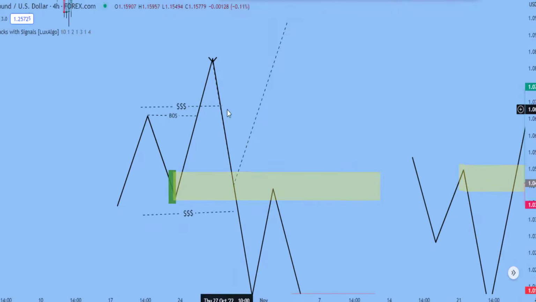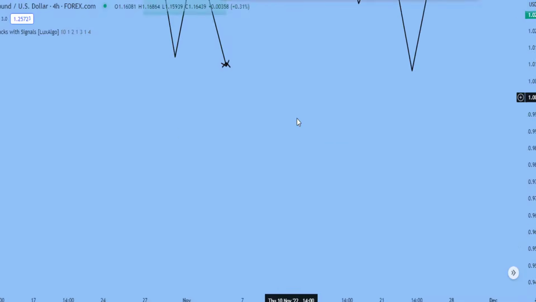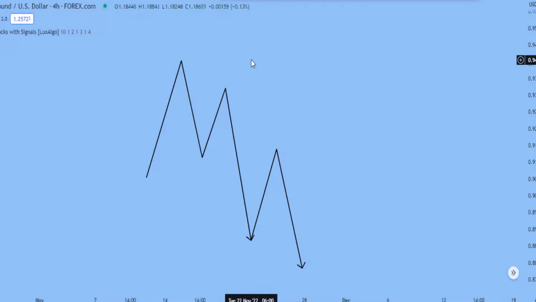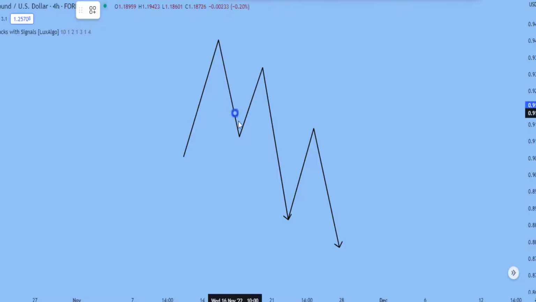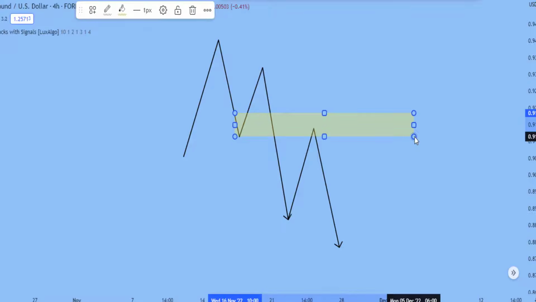Okay, we see liquidity above, and then a mitigation block fails to pick liquidity above. So as price comes back to this particular order block, we want to take our trade right here. So this is exactly what a mitigation block is, a bearish mitigation block. In this regard, we have two of them, a bullish and a bearish mitigation block, just like I've shown you